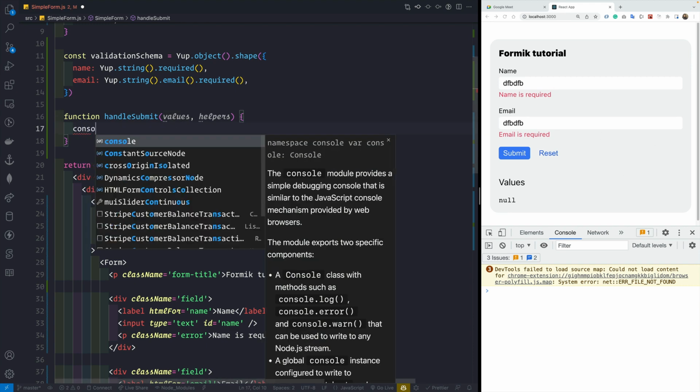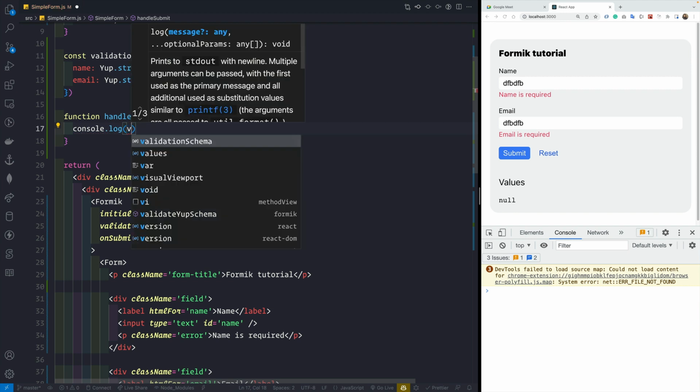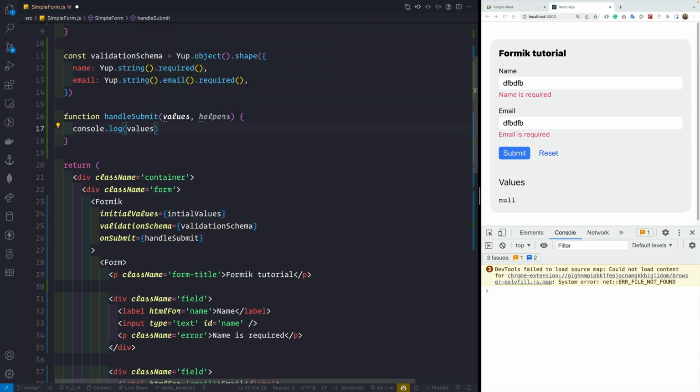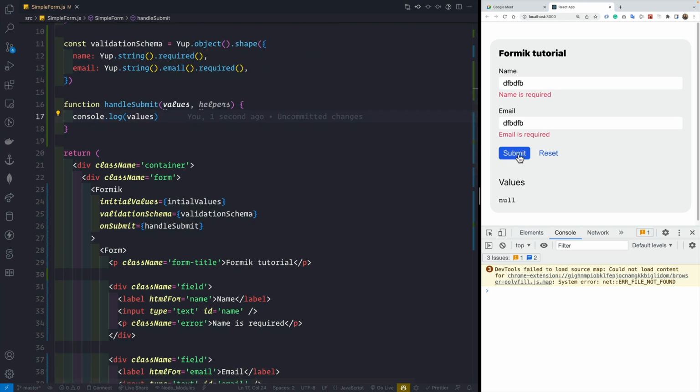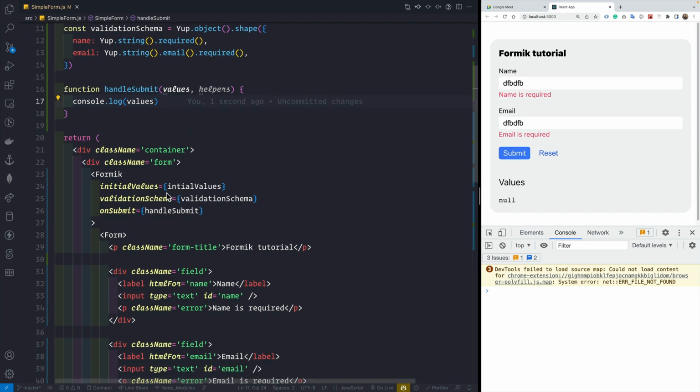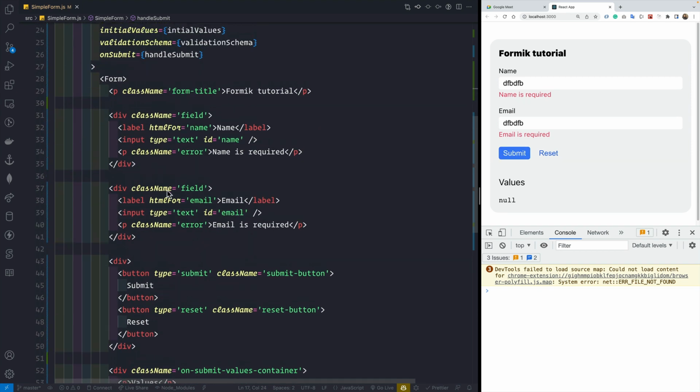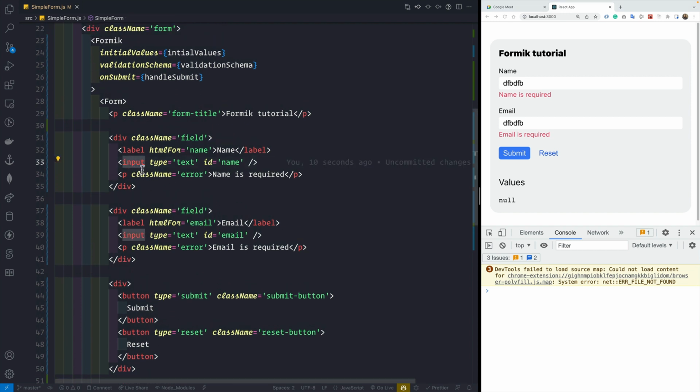So for now let me simply log it here. So console.log values like this. If I save it, nothing changes here because we see that we are not getting those values here. So what we can do, we need to target these individual form fields here, that is this input element